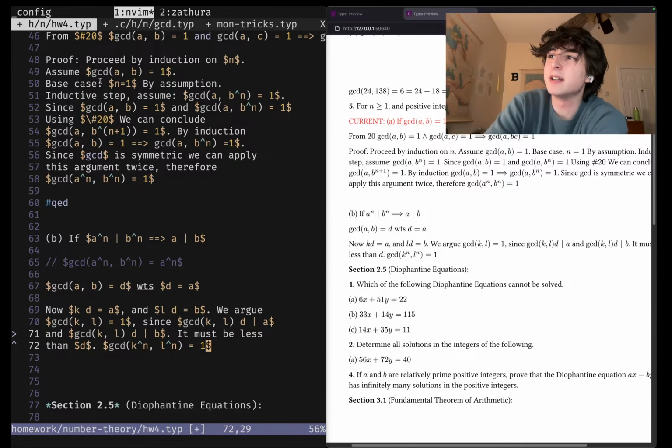Yeah, that doesn't exactly help because we only have it in terms of K and L. I mean, we can write